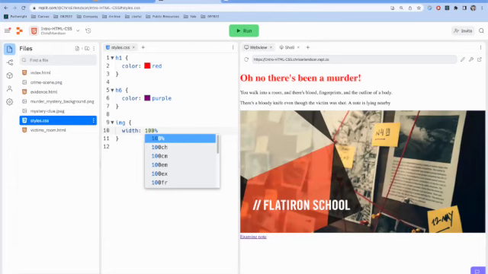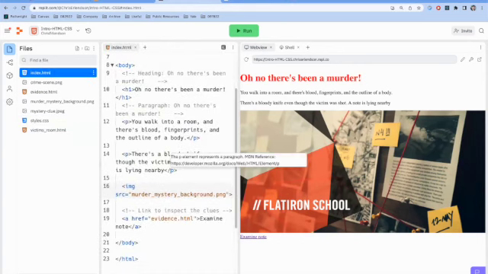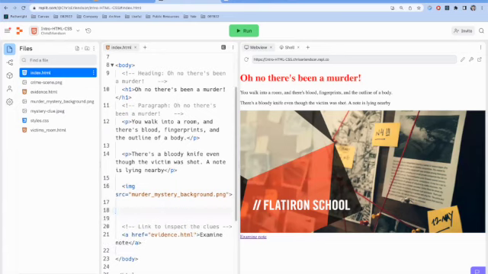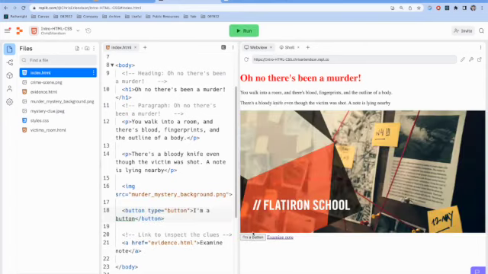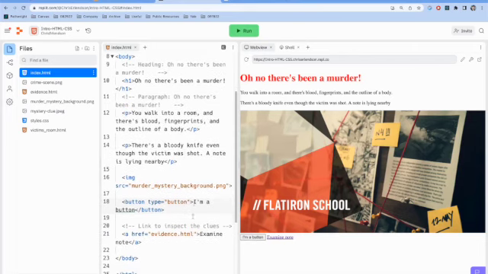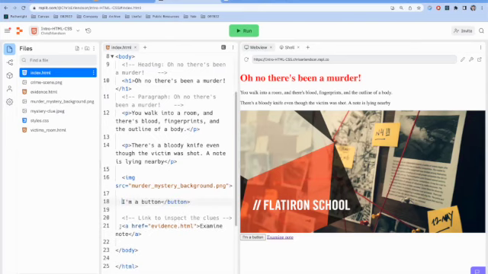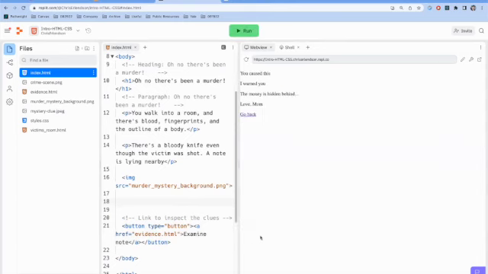Question: when do you use an anchor tag versus a button? Cool. So an anchor tag is what you use to go to another location. If you just have a button, it doesn't do anything in and of itself, right? I'm a button. If I run this, I'm a button. If I click it, nothing happens. However, mainly for styling purposes, I can put this link inside of a button. And that allows me to